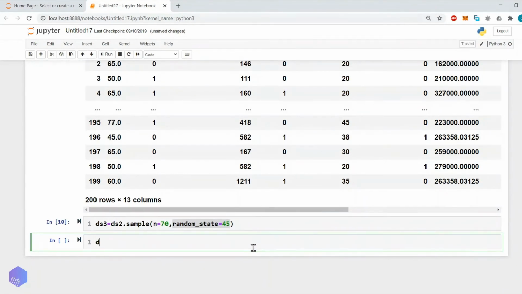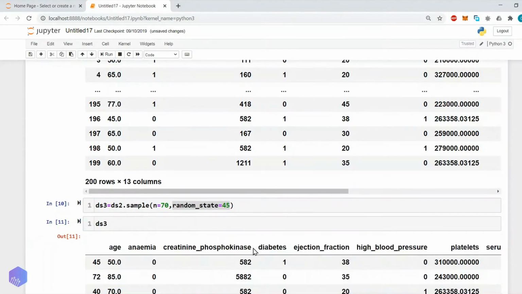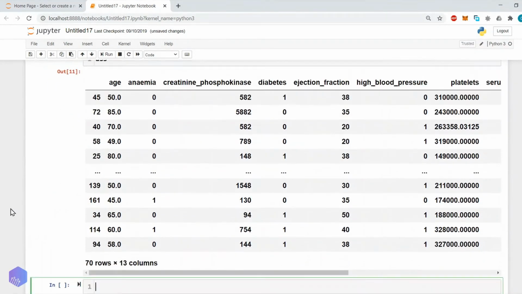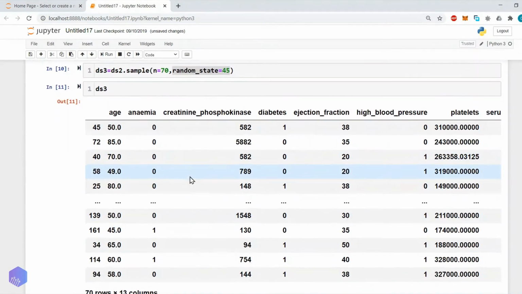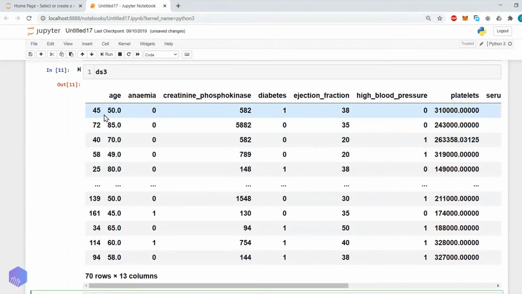Then if we look at this, it shows us random 70 rows. If you look at the index, you can see 45, 72, 40, 58, 139, 160, 134, 114, 94.